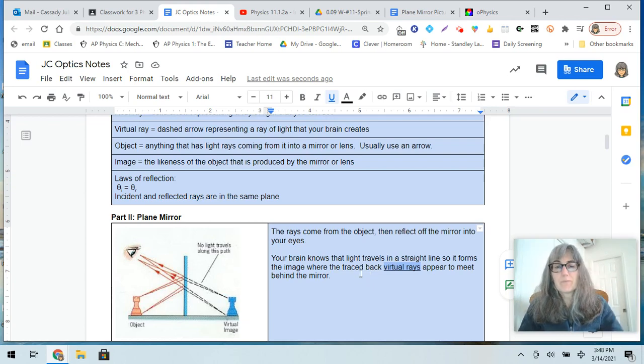And traced back just means that I'm taking these reflected rays and extending them backwards into the mirror. So that's what I mean by traced back. And they appear to meet behind the mirror, which is where our image forms. So we see